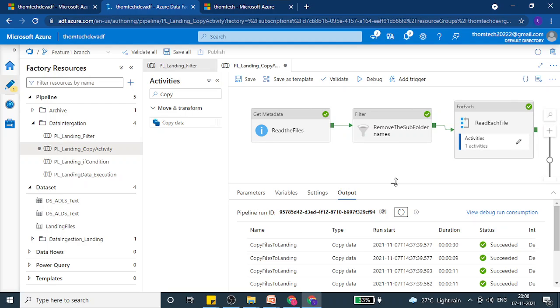Okay, so now we have some vision of how the data is flowing. After the landing zone, we can create another pipeline which will take all the files from the landing zone and do some sort of validation and ultimately push that into the data lake or data model, something of that sort. So guys, that's it for this session.